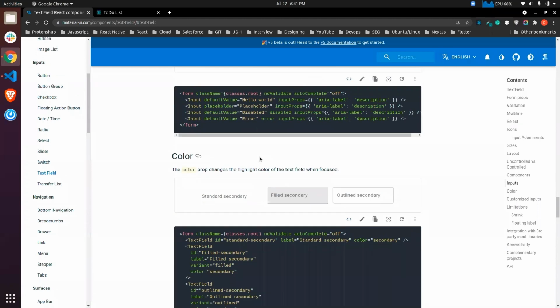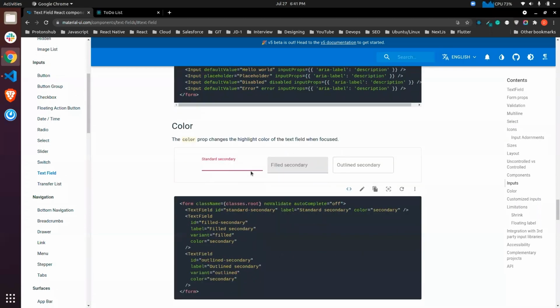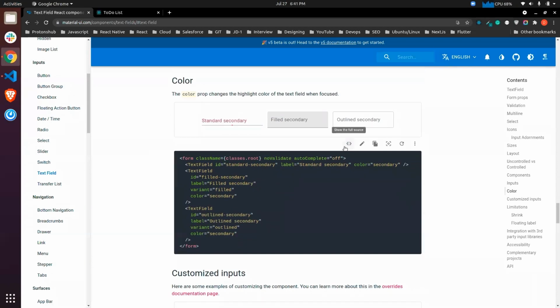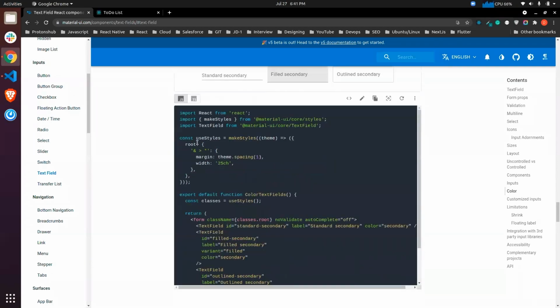Let's say this one. So the color has been changed. So how they have changed the color, let's see that. They have used something called use styles and make styles. These are nothing but used to style your Material UI components. Either you can give it using inline CSS, or you can apply any class, or you can use make styles or use styles.